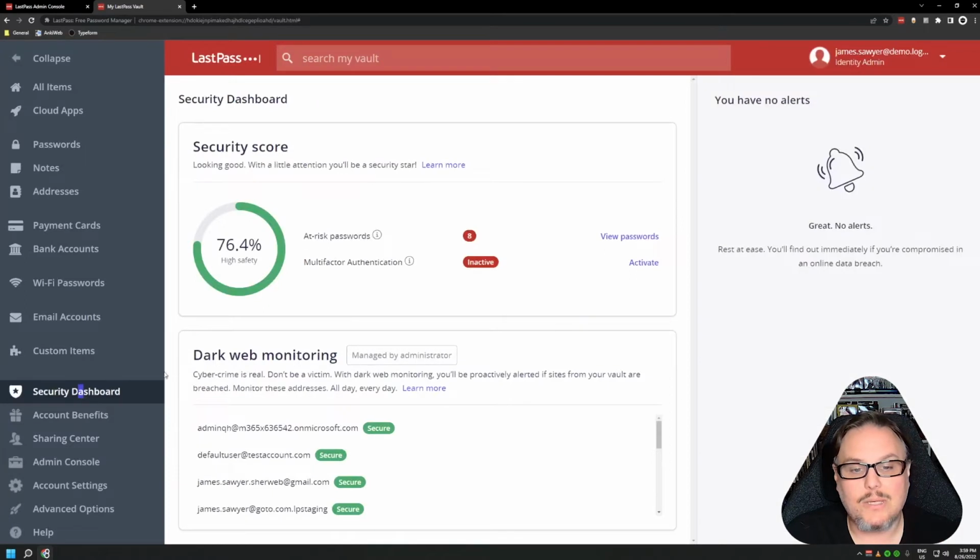Now, back in the security dashboard, the other thing you'll notice is the dark web monitoring. Any of the credentials that you log in with, so anything that's set up as passwords in here, usually have an email address as the username. So any of those email addresses will be added to this list, and you can come in here and activate